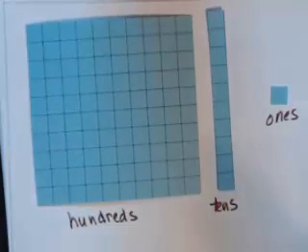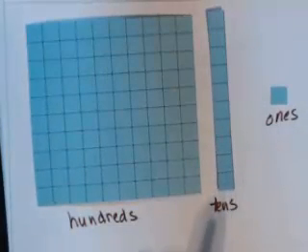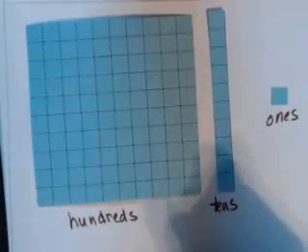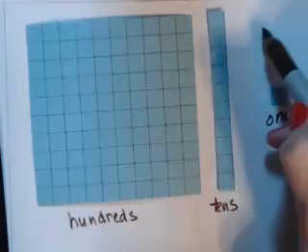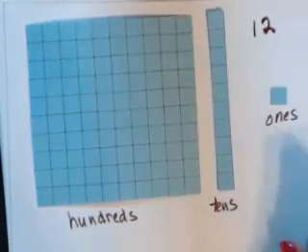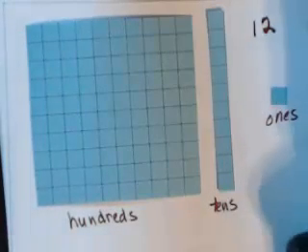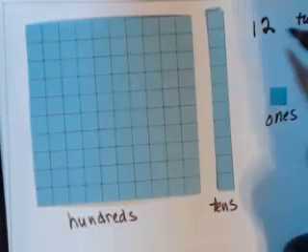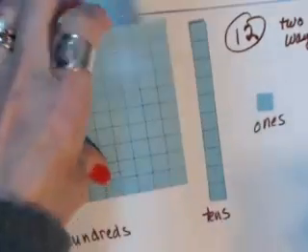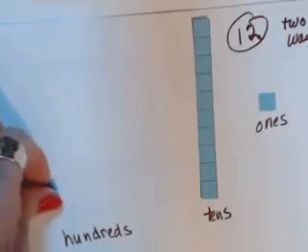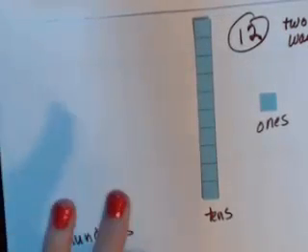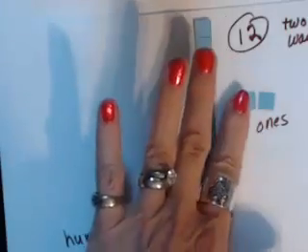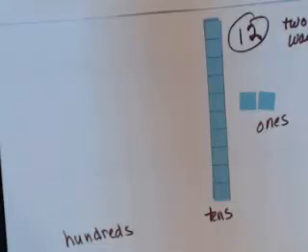Now, if I ask you to represent the number 12 in two different ways, well, typically 12 would be a long and 2 units. That would be our typical way of writing 12. But we can regroup 12,